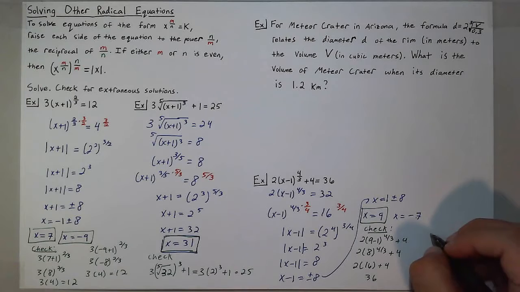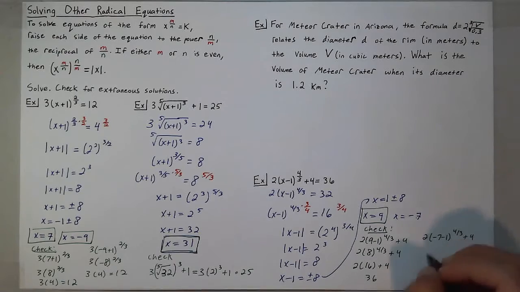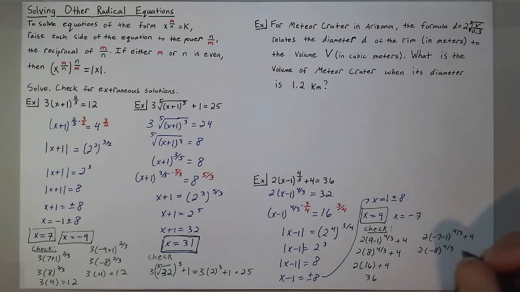And I can also check -7. So 2 times -7 minus 1 to the 4/3 plus 4 gives me 2 times -8 to the 4/3, which the cube root of -8 is -2, but when you raise it to the 4th power, it becomes a positive 16. And this will also lead to 36. So both solutions work. Now lastly, for my word problem, we have for Meteor Crater in Arizona, the formula D